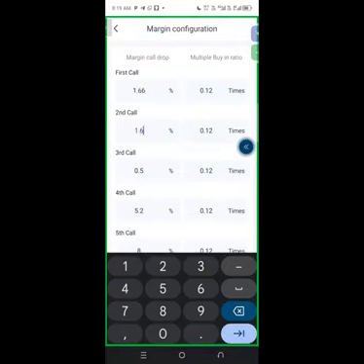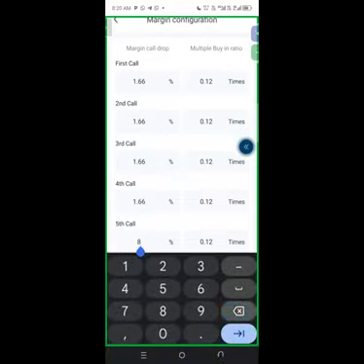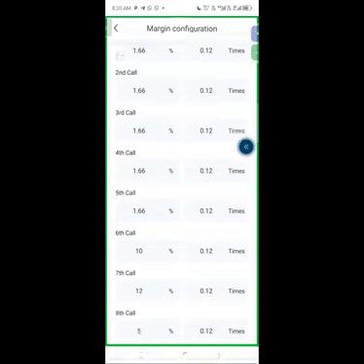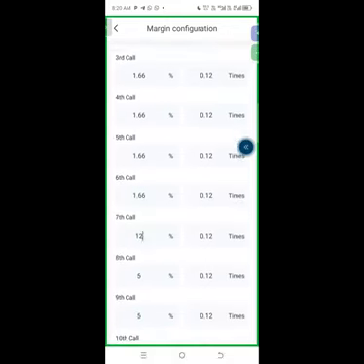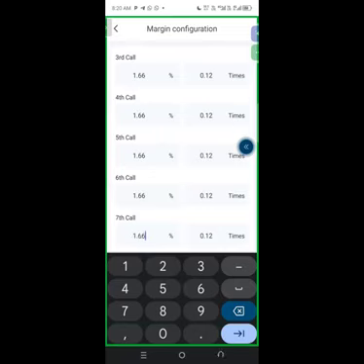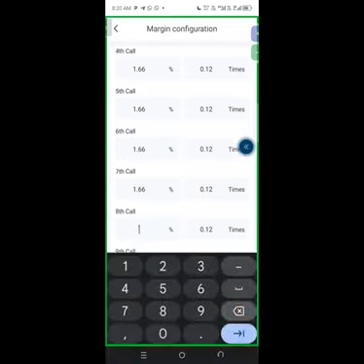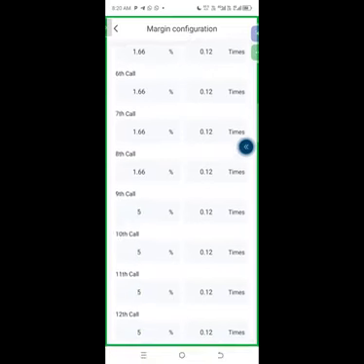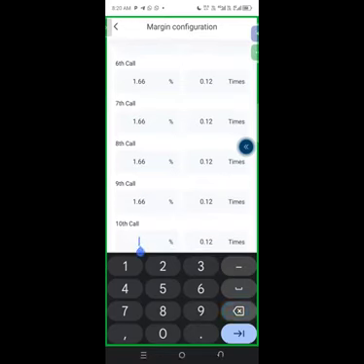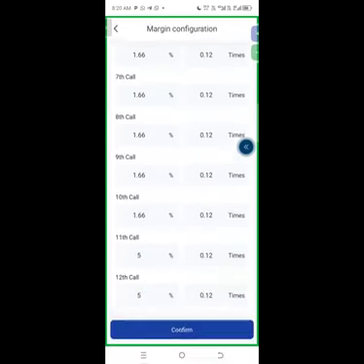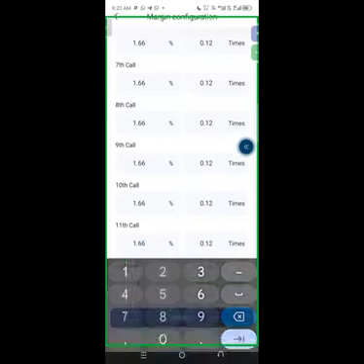1.66. 1 point what? 66. 1.66, 1.66 to the last call, 1.66 to the last call, 1.66 to the last call, 1.66 to the last call, 66 to the last call, 1.66, 1.66,